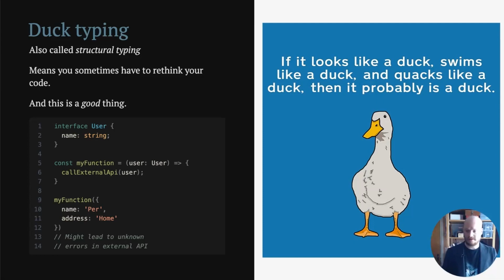So if you call this function with the same object with name and address, that API might do something with the address property. We don't know. So in this case, where you're calling an external API, when you're leaving TypeScript land, my proposal is to be specific. Create a new object inside my function that is on the format that the API is expecting. Don't just pass along variables.